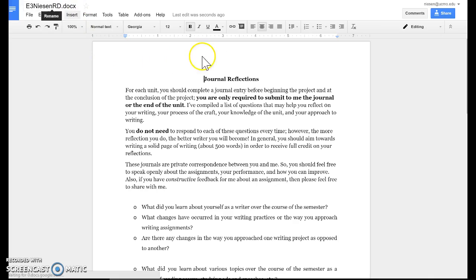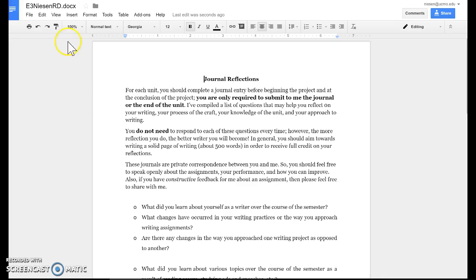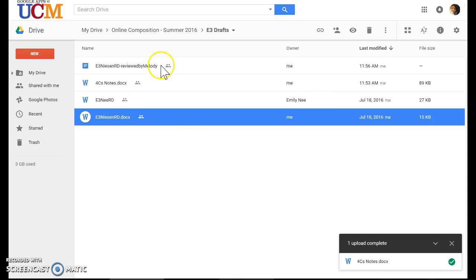The first thing I want to do is look at the review. So I need to add the portion "reviewed by" your name. So how do I do that? Up here, reviewed by Melody. So now when I go back to Google Drive, I will see an extra document that shows E3